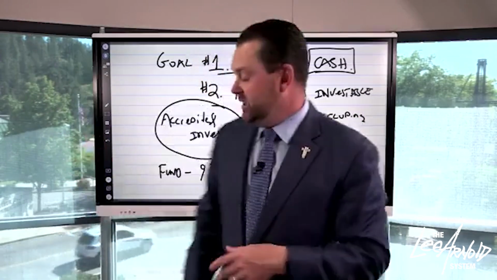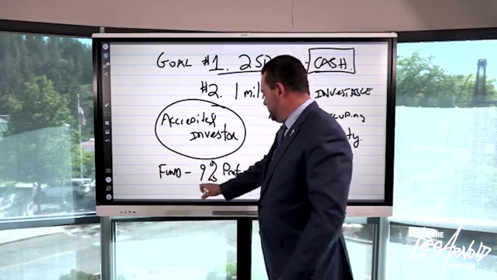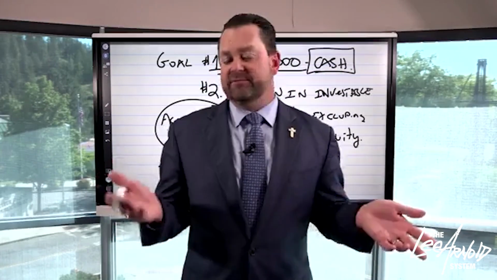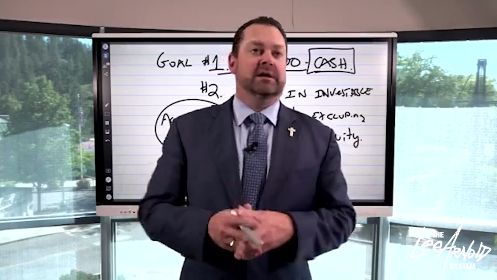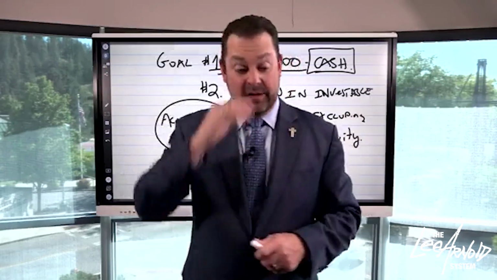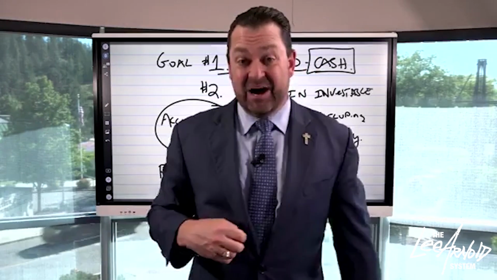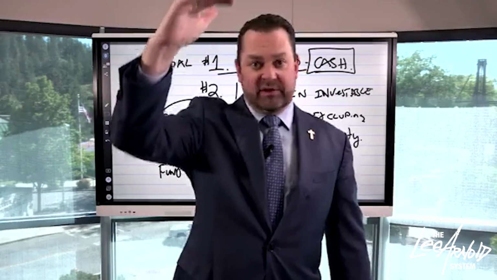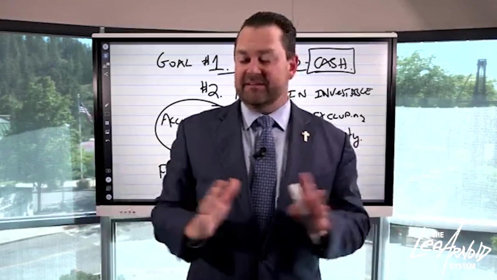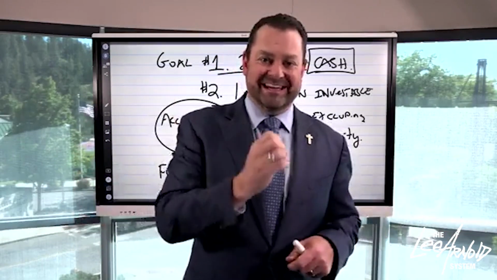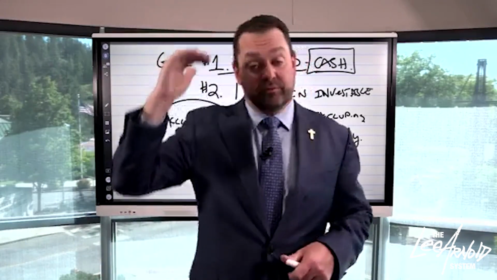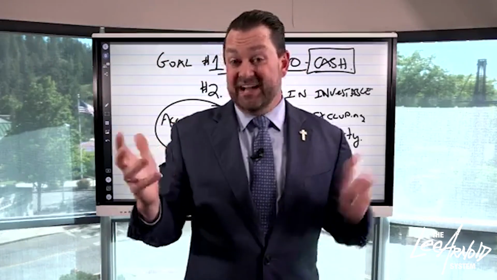People love it. Unfortunately, if you're not an accredited investor, you don't get to play. And so you have to keep your money at Schwab where it's earning 4.5% if you're lucky. If you keep it in there for 10 years, you're getting a 7% blended rate, but you're going to be up, you're going to be down. And if you start taking money out on a down year, your principal is being reduced significantly and you may run out of money in retirement. That's not what we want. We want to live off of the interest that our investments produce without reducing our principal. Okay, so that's the goal.